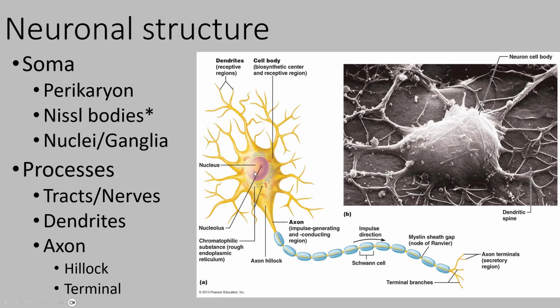Now, if we have these clusters of cell bodies, we will also have these clusters of long branches. So let's look at what these branches are. Collectively, we call them processes, just things sticking off of the cell body. The shorter ones in this drawing, the ones that are really highly branched, these are the receptive parts of a neuron. We call them dendrites. Dendrites are the receptive part of a neuron. They carry electrical signals